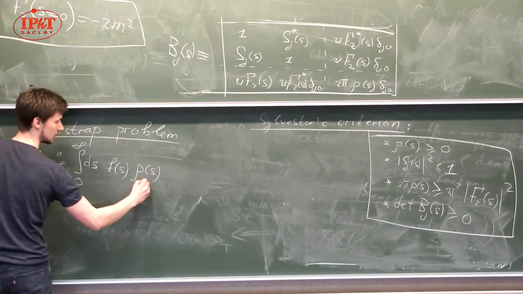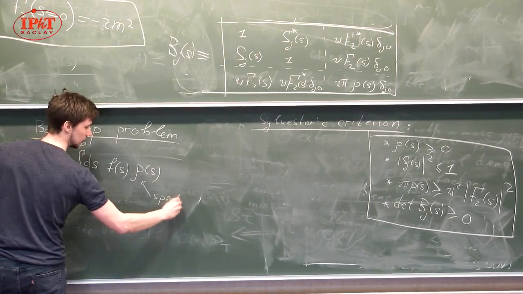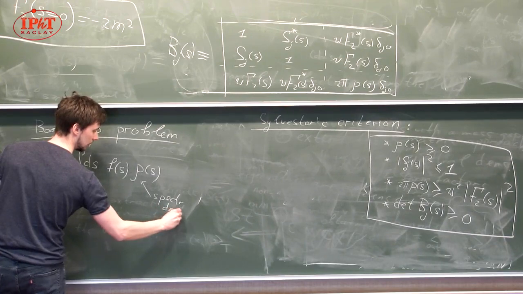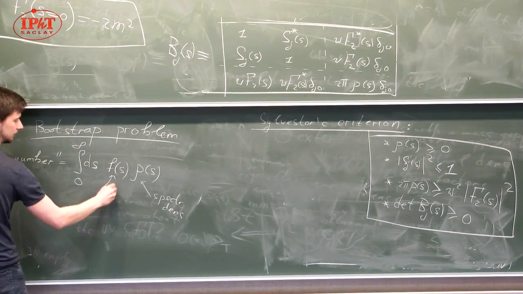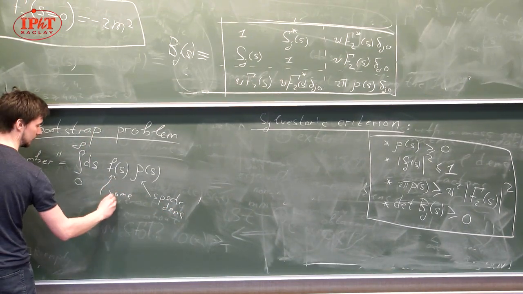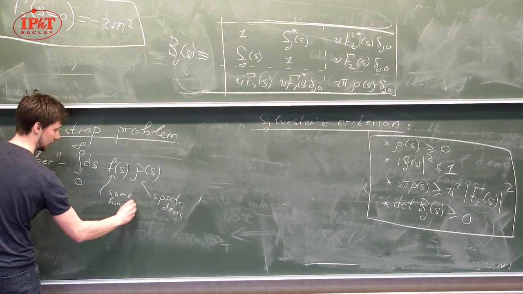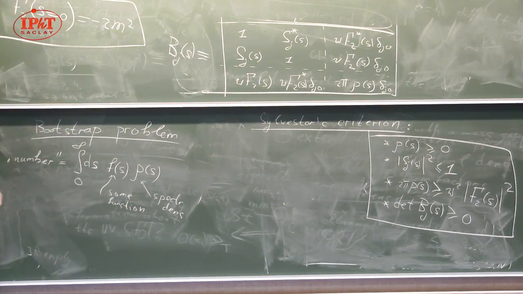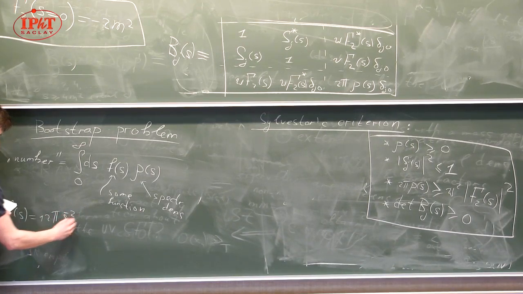So this is the spectral density. This is some function. In a very particular case, when f of s is equal to 12 pi s to the minus 2,